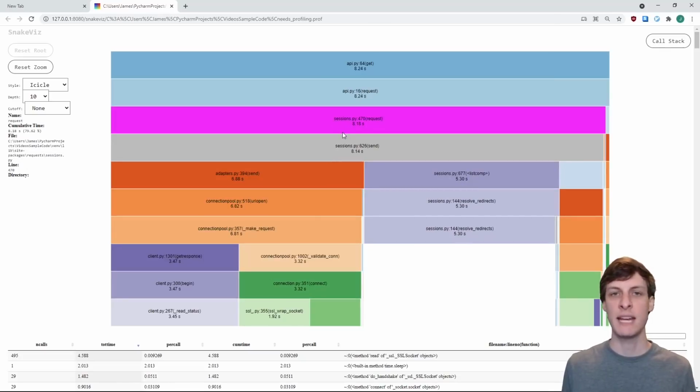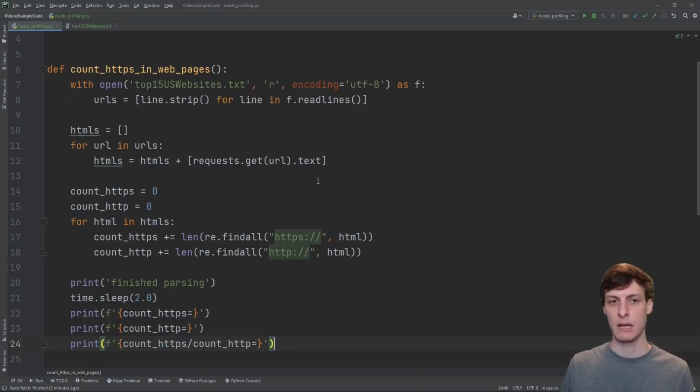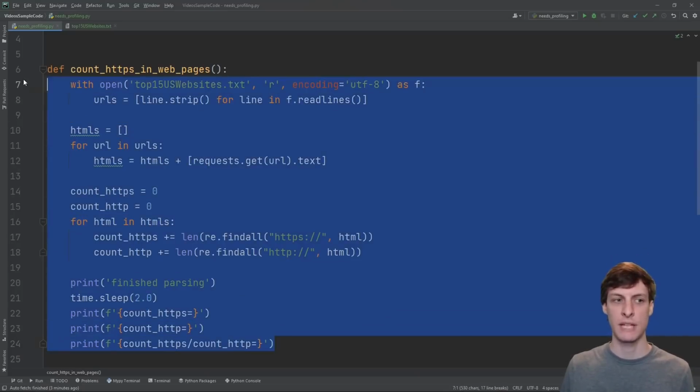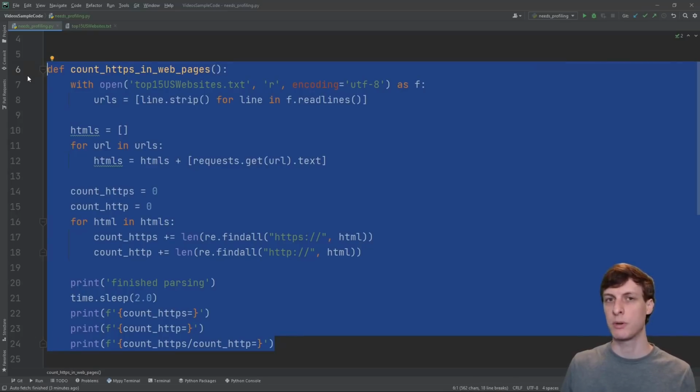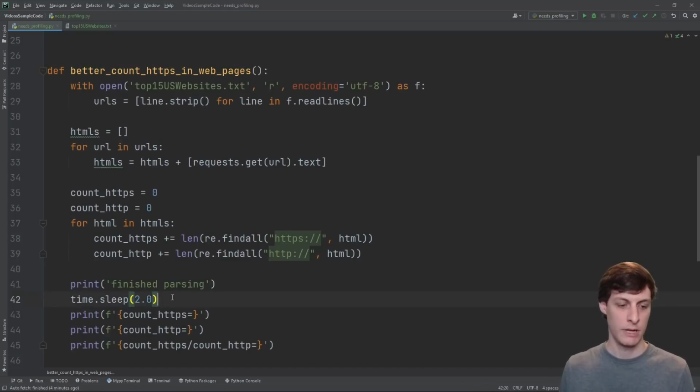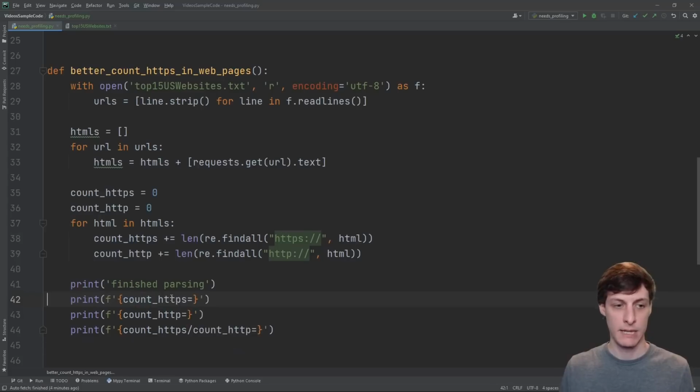And if you've done any programming with things over the network, you probably already knew just by looking at the function that that was the big slowdown. Let's make another version of the function and see how fast we can get it with just a little bit of directed effort. Now that we know what the real problem is, let's focus on those things that were actually the slowdowns. Okay, here's the random sleep that someone forgot to delete. Obviously, we can just delete that and that'll take 2 seconds off the time.